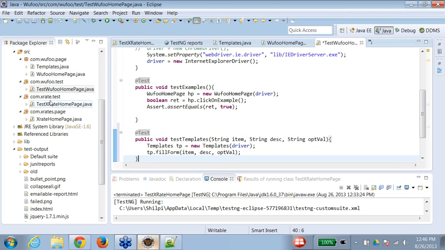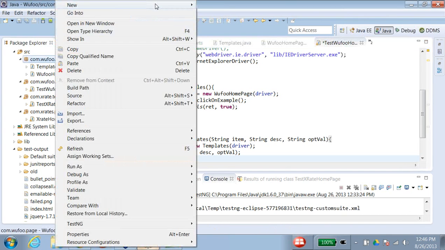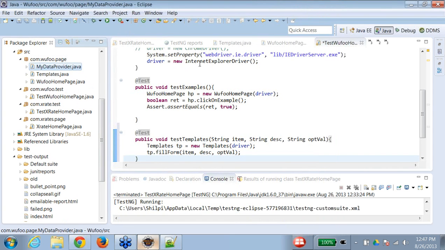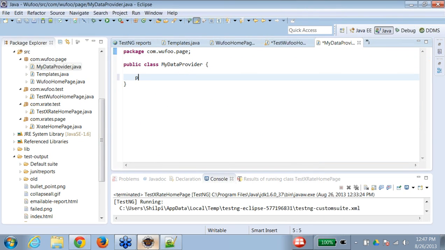So what I'll do, I'll create another class. So let's create it in the page only. Data provider class I'll create. I'll name it as my data provider. So you can create a data provider class for every page also. It depends on which scenario you want to automate. And here what you will do, you will create a static method, and you can say template data,